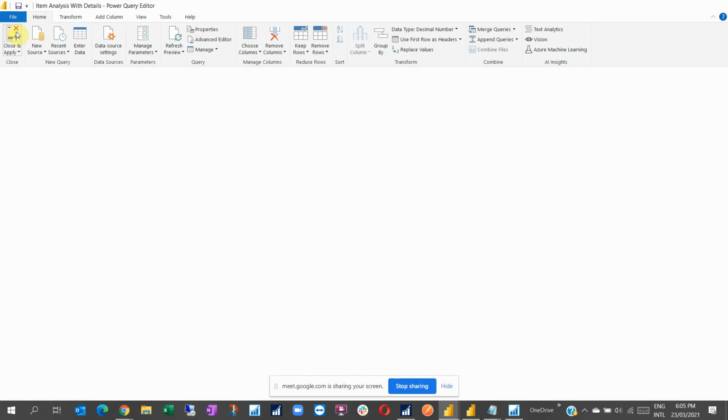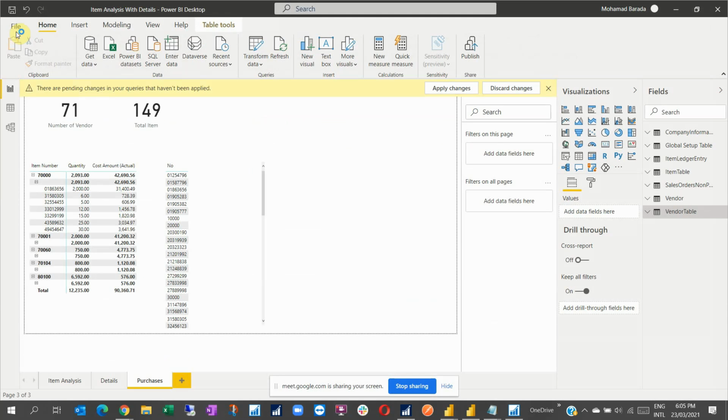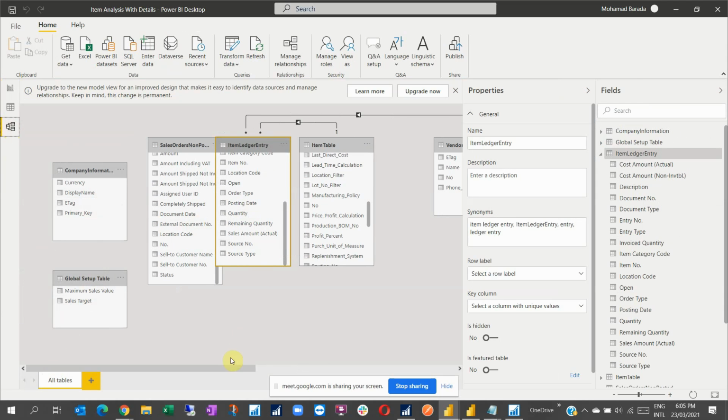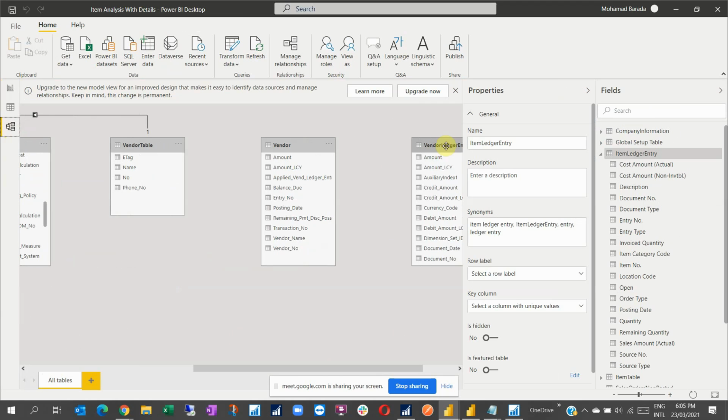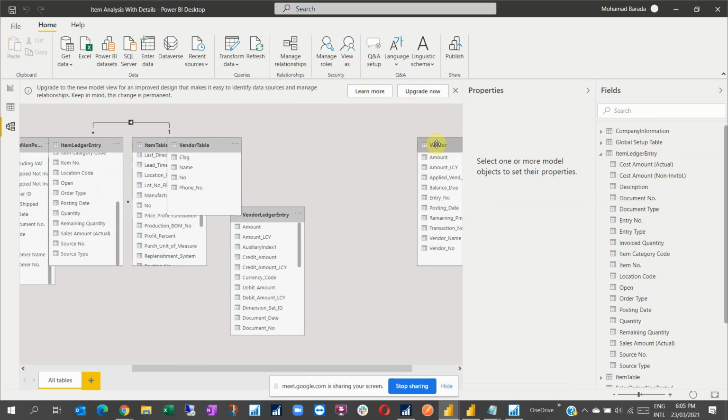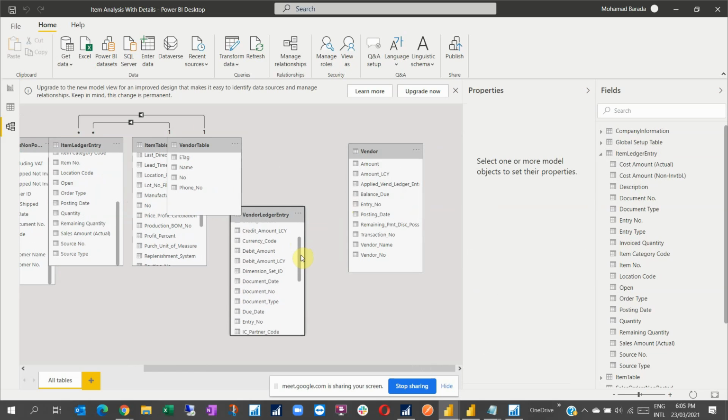Now I have one more step if I would like to have a proper vendor name, for example, because I don't think the vendor name is part of the vendor ledger entry table. So I can link my vendor to vendor ledger entry. I go to the module, before I start bringing data, I can come here to vendor ledger entry. Where is vendor ledger entry? It is here, vendor ledger entry, and this is vendor number, vendor. I just select,